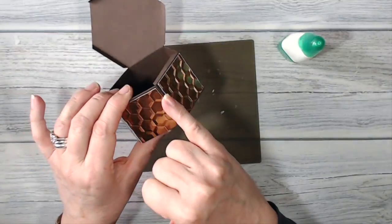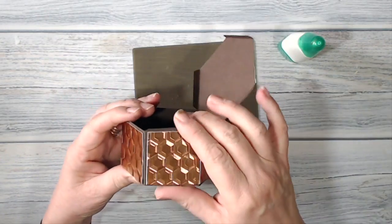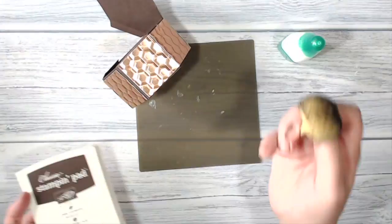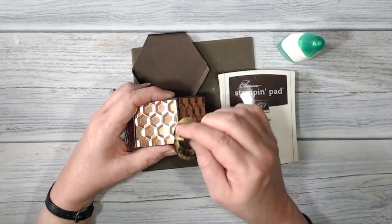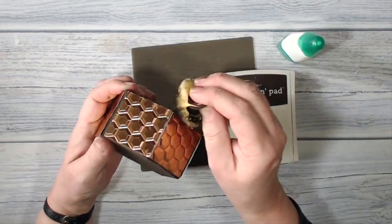Now I can see the white edges where I've cut the foil, and I don't like that. So I am going to bring in my sponge and my early espresso ink, and I'm just going to run my sponge just along